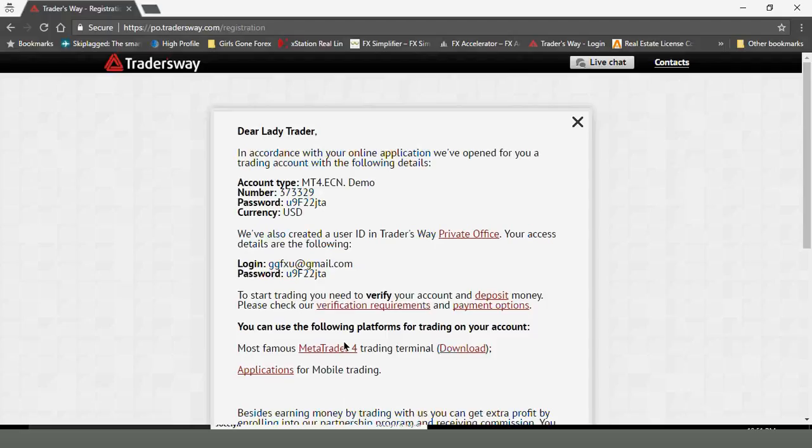As you can see, it tells you what your account type is, your account number, your password, what currency that you chose. You will get an email that is sent directly to you from Traders Way with this exact information. So once you receive that, or we can just go directly from the screen that's here in front of you, you're going to look down for the word download, and this is where we're going to be downloading the